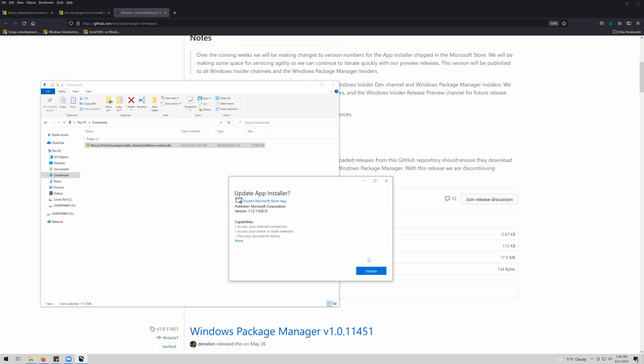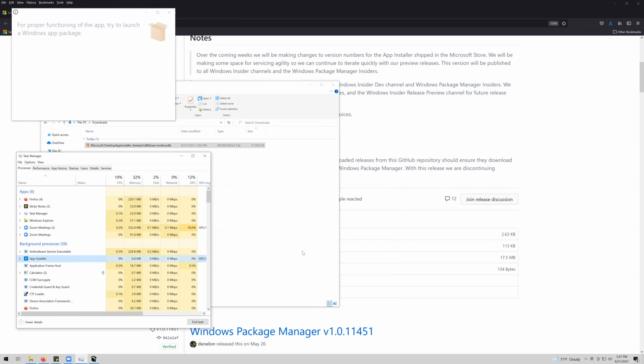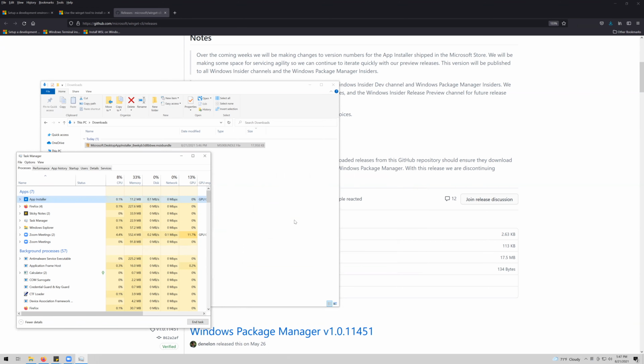It says update, but this is again the first or the second time that I've installed it. I had removed this previously, so this is installing. Let's see, there we go. I didn't click the button. Great. All right, so that is done. For proper functioning, try to launch a Windows app package. Great, I will do. Now, if we come to PowerShell